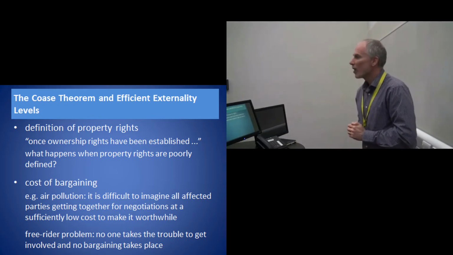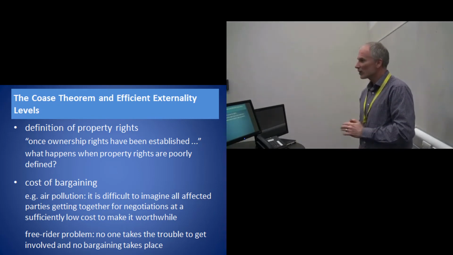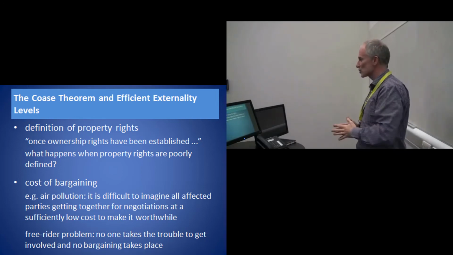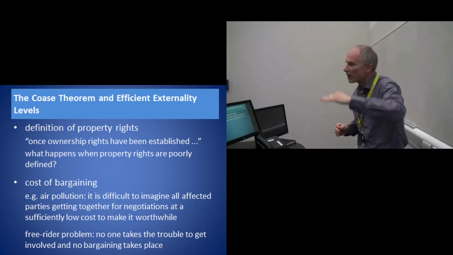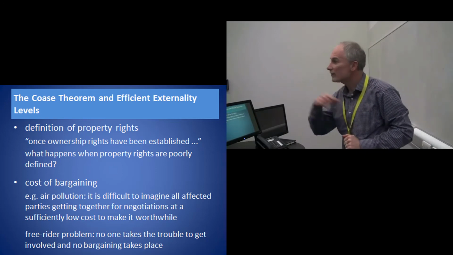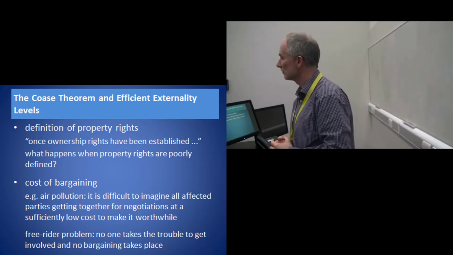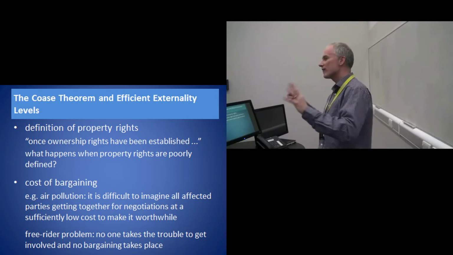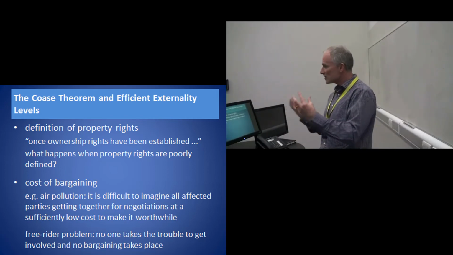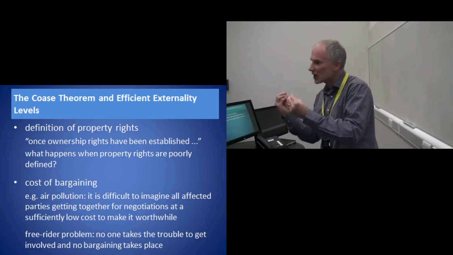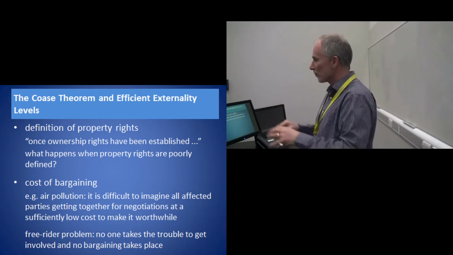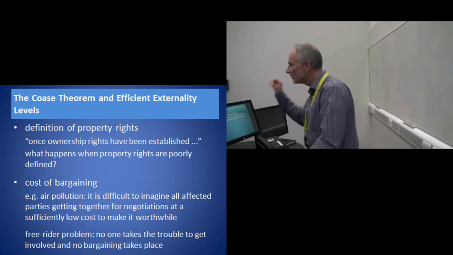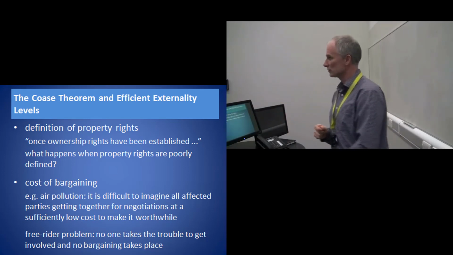Alternatively, I might say to him, well, look, I don't mind you growing your fir trees. They're going to cast some shadow on my garden, but I'll let you grow them a little bit higher if you pay me. But the problem is, you can see there's clearly scope for bargaining to take place here. There's clearly scope for us to come to some arrangement. But whatever that arrangement is, it involves someone paying the other person.